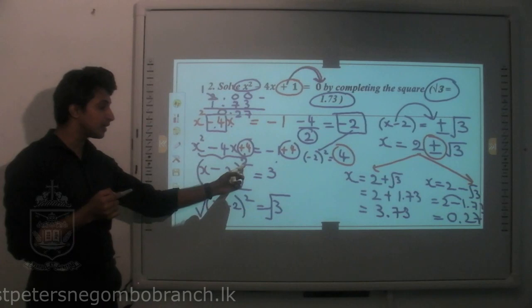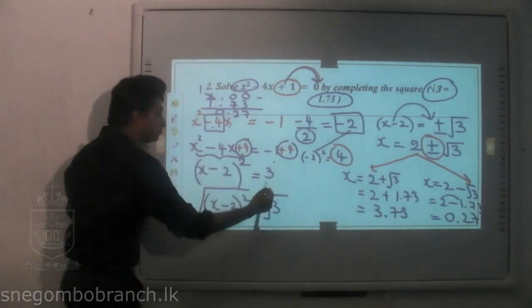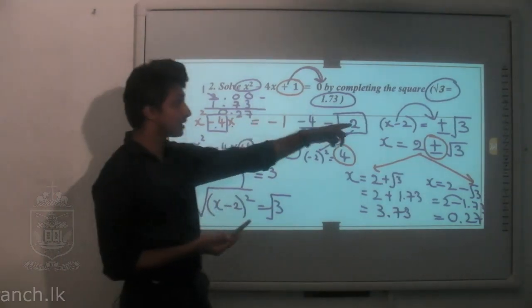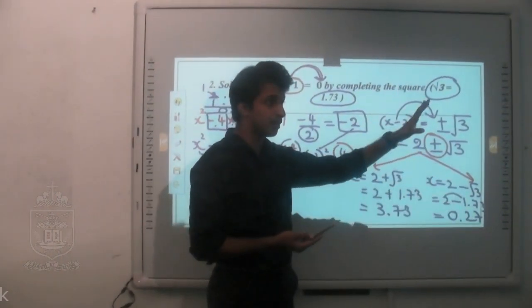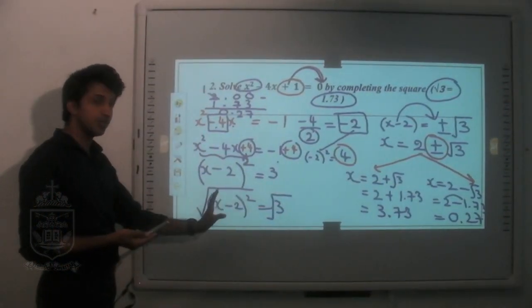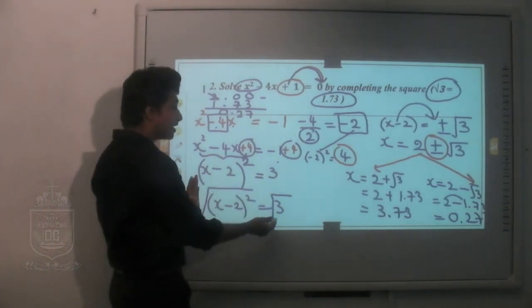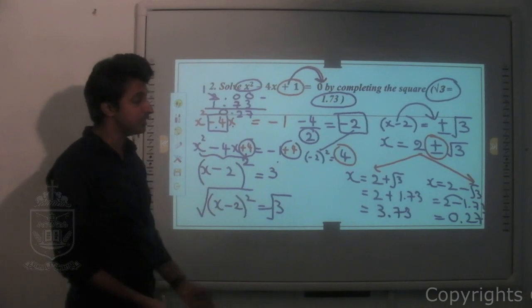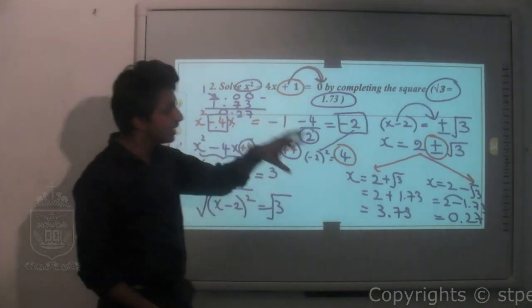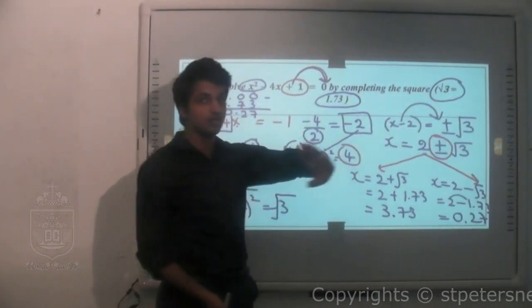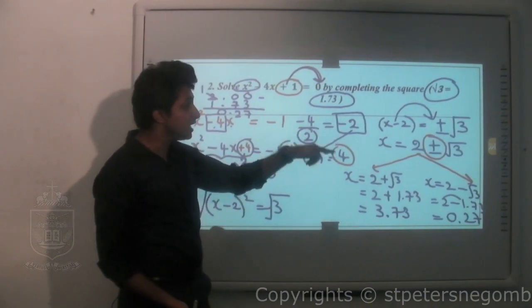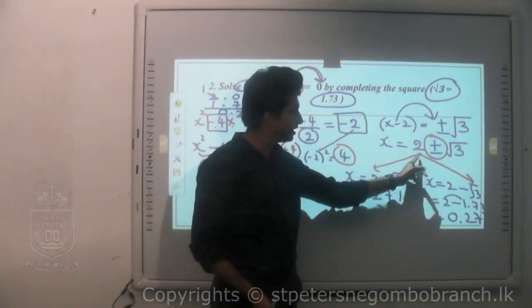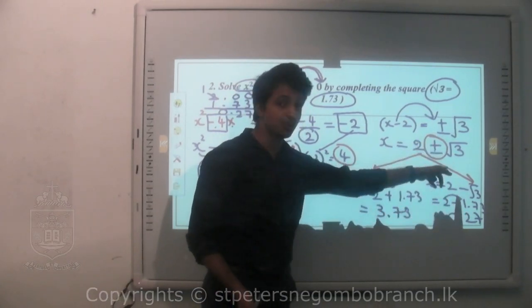To remove the square value, I have to take the square root of both the sides. When I take the square root of both the sides, from this side x minus 2 will come out. That is fine because 2 is not having a problem. But here there is an issue because 3 is not a whole perfect square number. So you won't get a perfect value. So that is the reason I have just kept it as plus or minus root 3. In the next step, x equals 2, that is -2 I have taken to the other side, plus or minus √3.